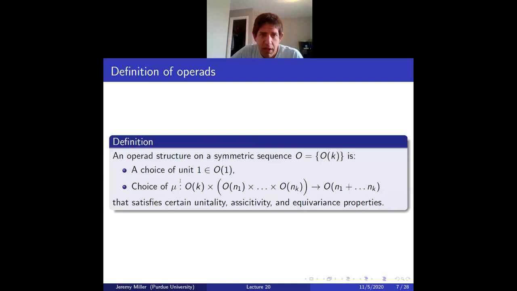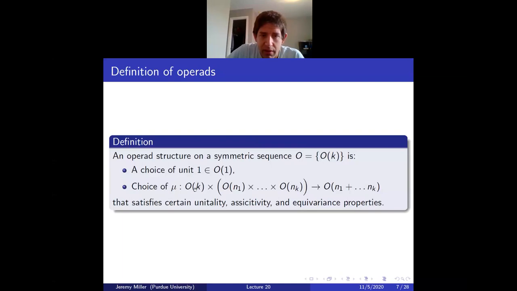And what extra structure do we need? Well, we need basically a multiplication and a unit. A unit here is going to be an actual element. In the monad case, we're thinking of it as a natural transformation, but here it's literally an element of O_1. I'm going to call O_K the arity K part of the operad. That'll make sense later. So we have a distinguished element in arity 1,